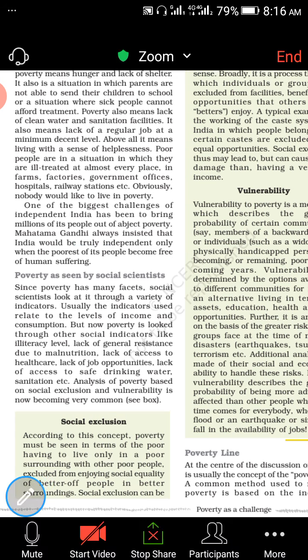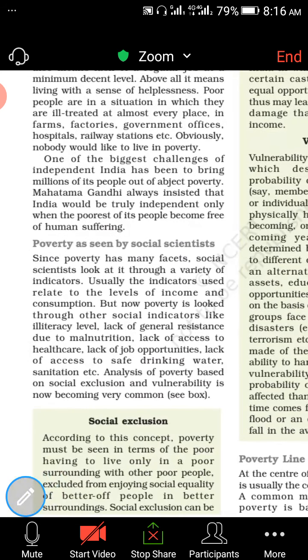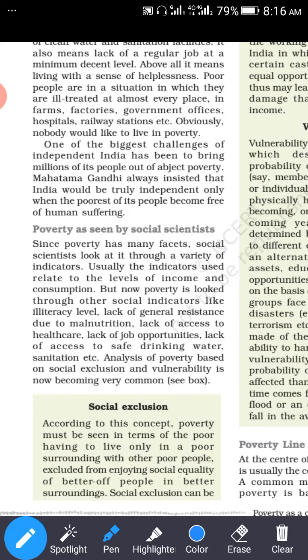Now, the next important one is about what? Poverty as seen by the social scientists. Poverty has many facets. Already you have the idea. The social scientists look at it through a variety of indicators. The indicators used are related to what? Level of income and consumption. Yes, but now poverty is looked at through other social indicators, and these indicators are illiteracy level,